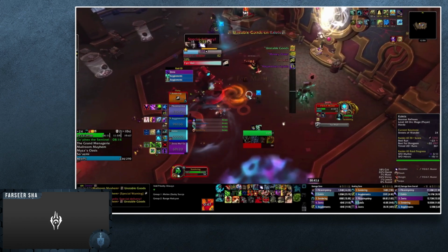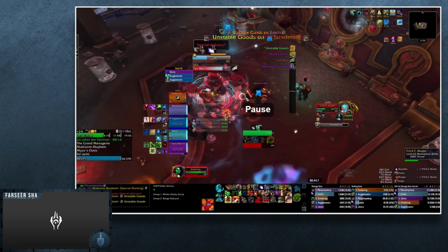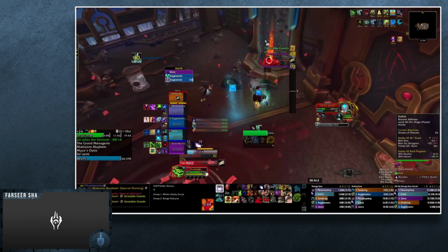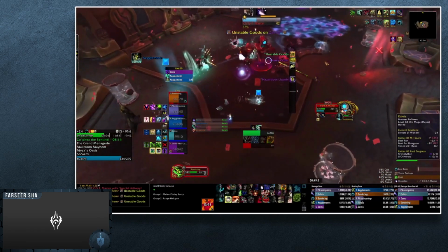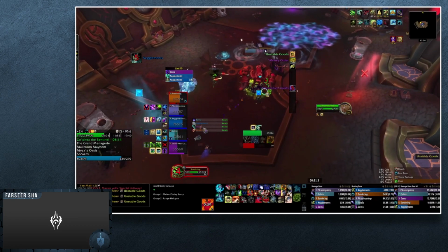So right after these unstable goods spawn, the boss will go into fan mail. The healer wants to make sure that they are not carrying a bomb. They need to focus on healing up the group during this fan mail because it does warrant a lot of group damage. So we're running over here and throwing them inside that chute. Once fan mail ends, we're making sure that we're trying to stack back up so we can get some grouped